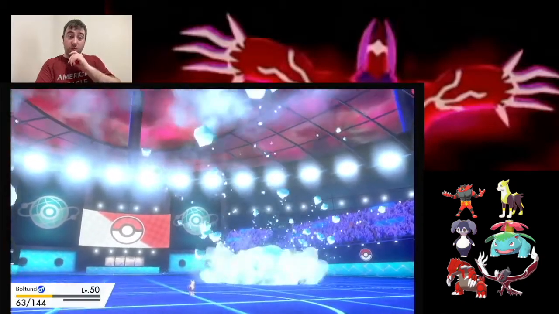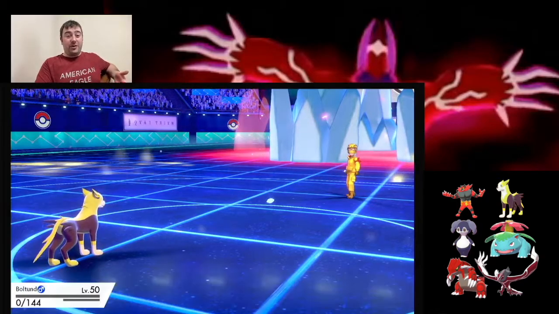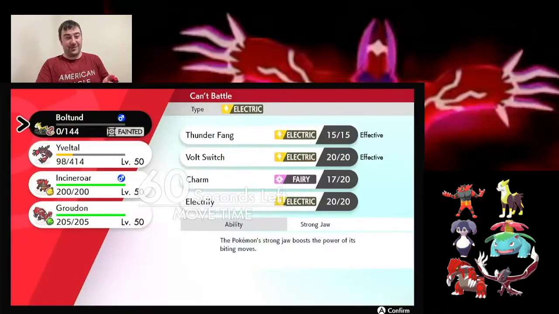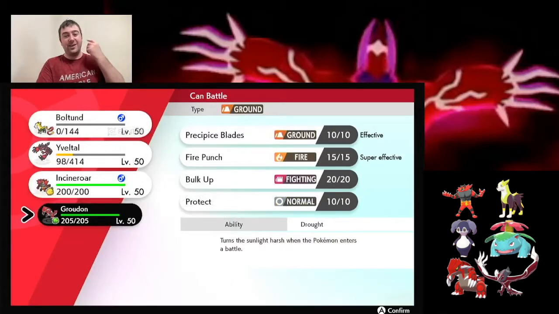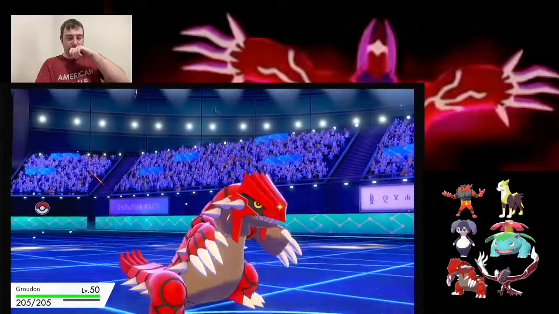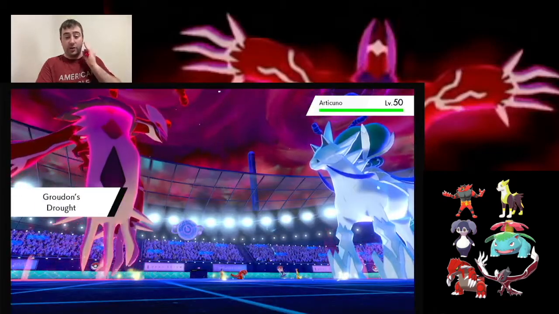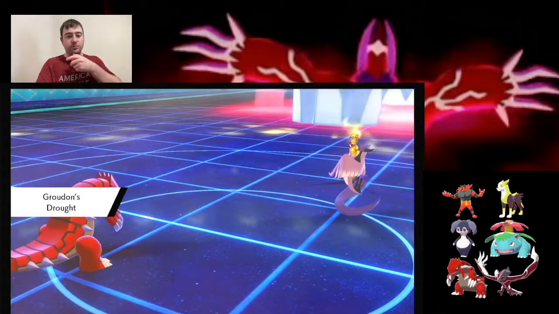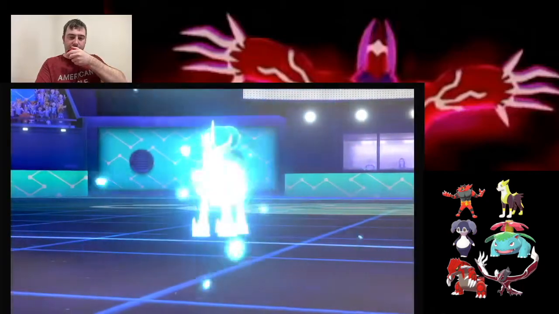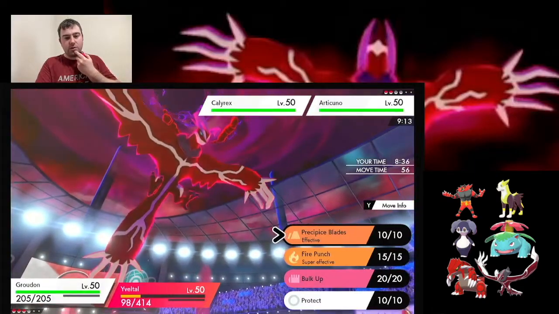They're going to go for Boltund. That makes sense. We held on with 3 HP, not that it matters because of the hail, but hey, Charm is all the more reason to have Charm there. Depending on who's left, we could even go, oh, it's Articuno. All right. I think we should get rid of Articuno if possible, because if Articuno sets Trick Room, that's not good. Although...